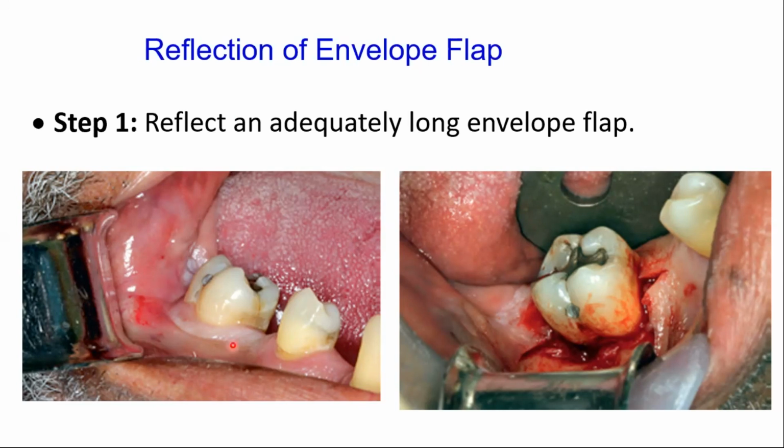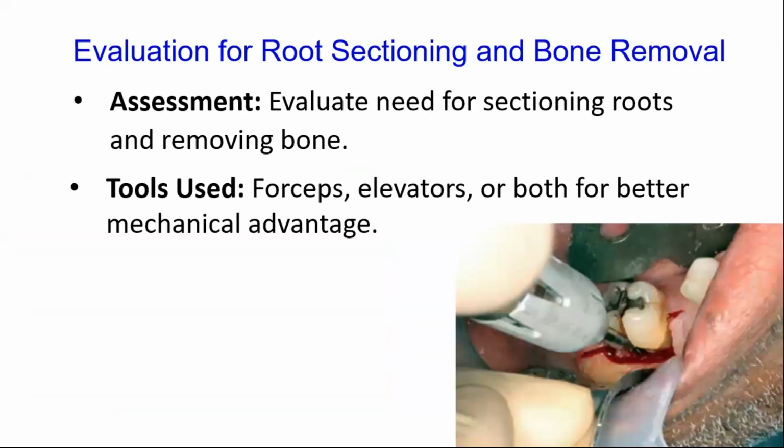This lower molar has roots that make it necessary to section the tooth. The flap is raised to expose the bone, allowing sectioning. Note the small releasing incision on the mesial and distal sides of the tooth. Assess the necessity of sectioning roots and bone removal after the flap is reflected, and utilize appropriate tools for visualization